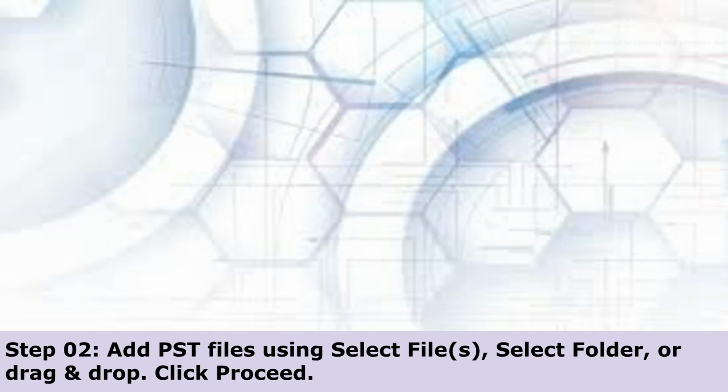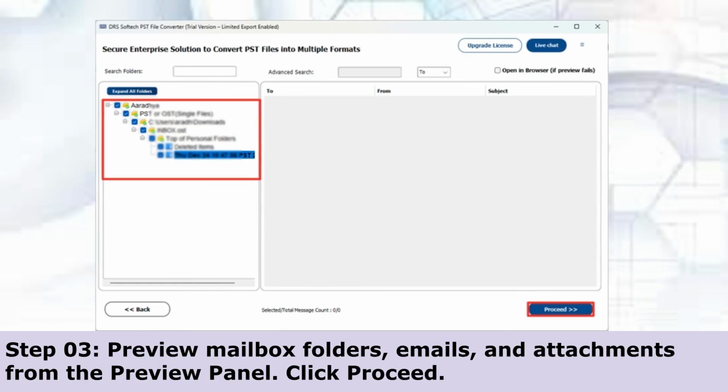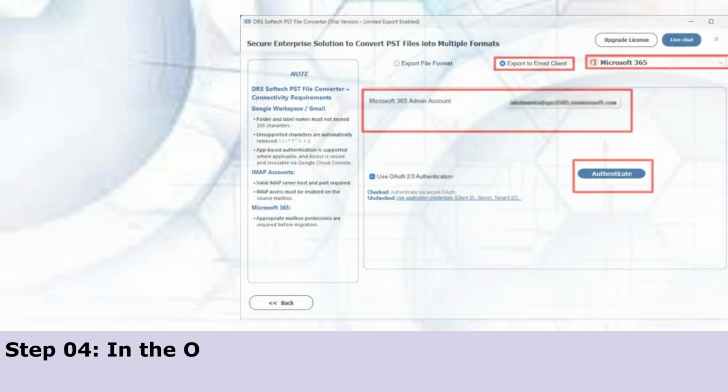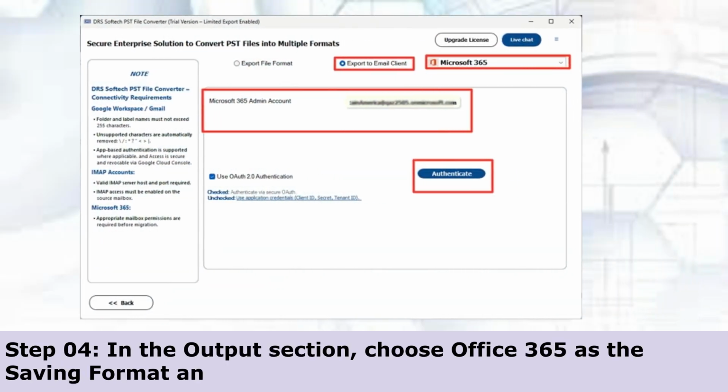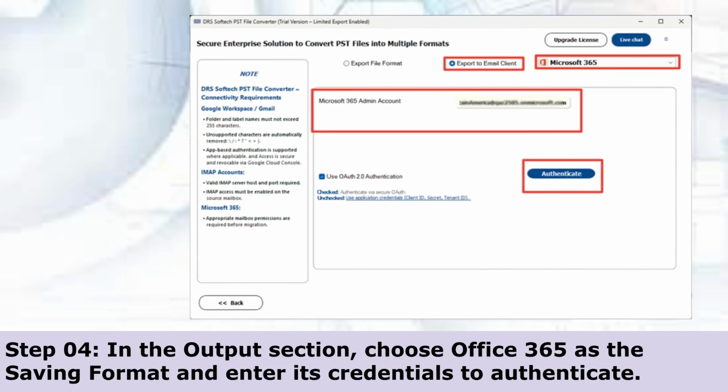Click Proceed. Step 3. Preview mailbox folders, emails, and attachments from the Preview panel. Click Proceed. Step 4. In the Output section, choose Office 365 as the saving format and enter its credentials to